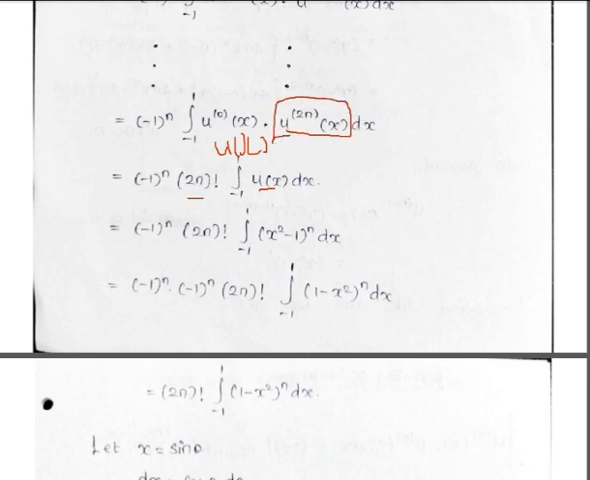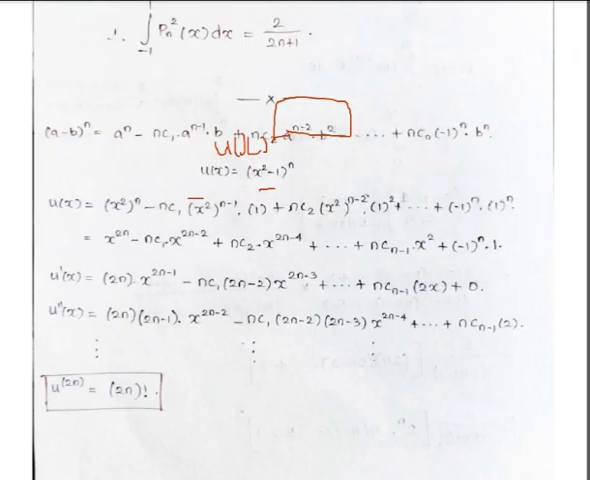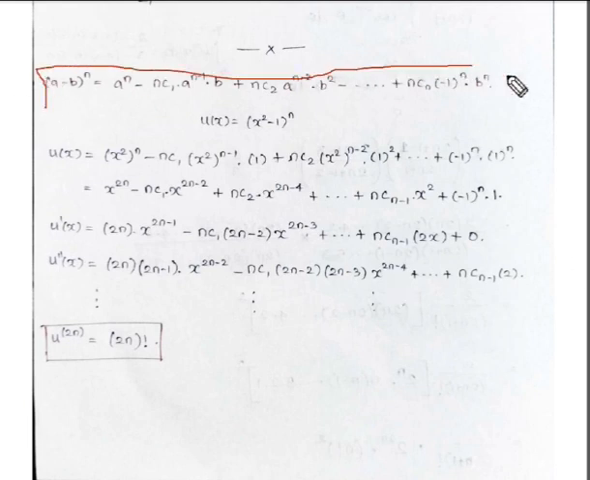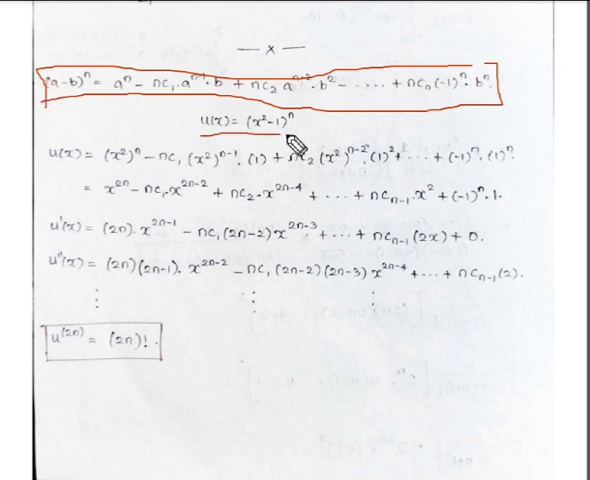How? See here, how it becomes 2n factorial. எப்படி 2n factorial வந்தது? This is the binomial formula. All of you know that this is the binomial formula, and we have the value u of x equal to x square minus 1. We apply this in this formula,